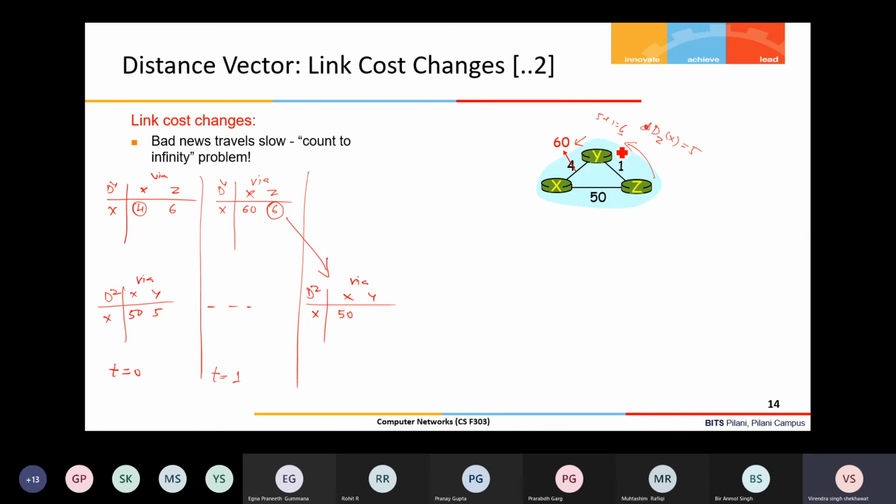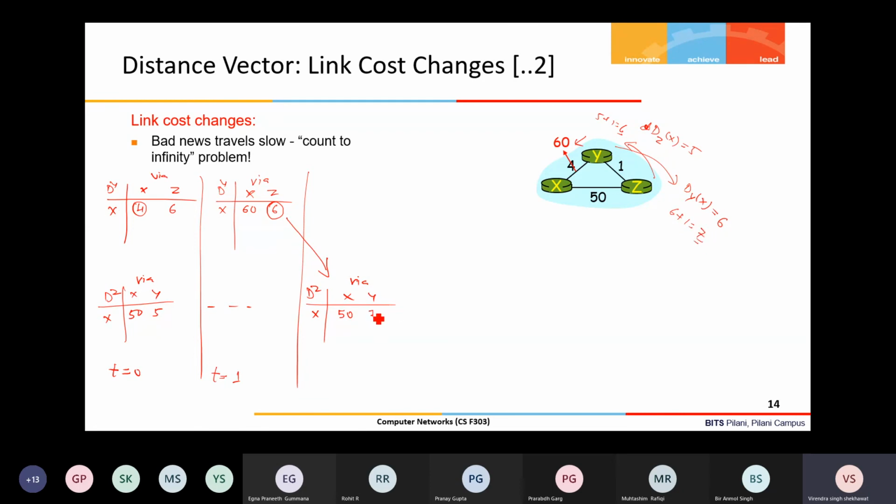So it is sending a new distance vector, Dyx, saying my y to x cost is 6. Z will see that my cost to X is 50, that's one option. The other option is coming from Y: Y can take me to X in 6 and my cost to Y is 1, so my new cost to X via Y is 7.